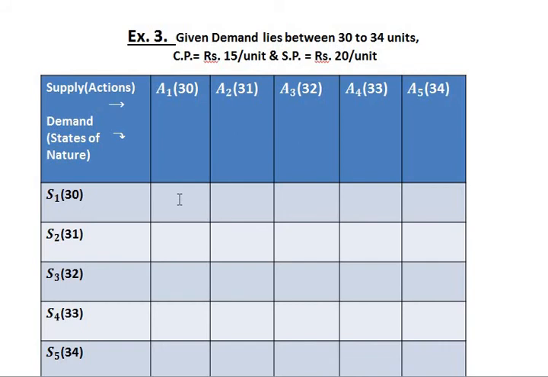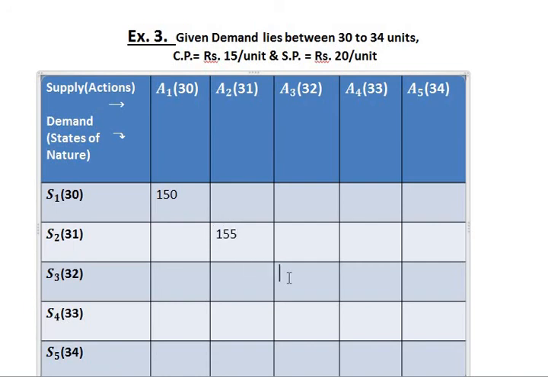Remember, 5 rupees profit. Now here the first 30 units, 5 rupees profit, so 5 multiplied by 30 will be 150. Correct? Now here I'll fill the value 150, because 30 multiplied by 5 rupees is the profit. Now one more extra unit, so we add 5 more, that is 155. Again 5 rupees extra, 160. Again 5 rupees extra, 165. And in the last it is 170. So these are all the profit entries on the diagonal that we have filled.